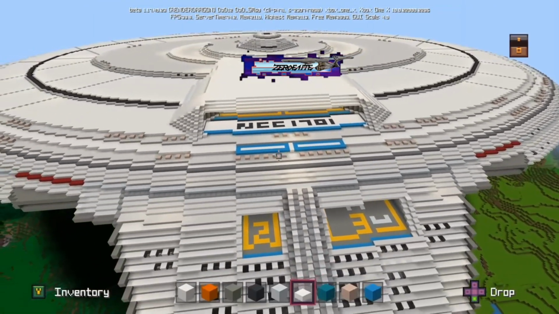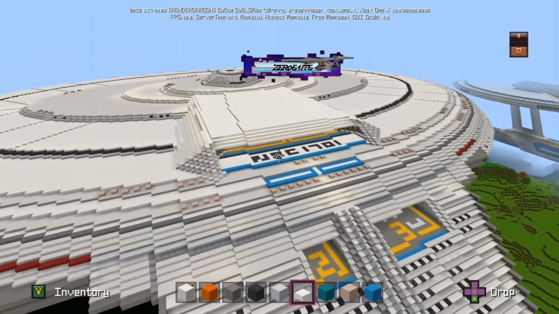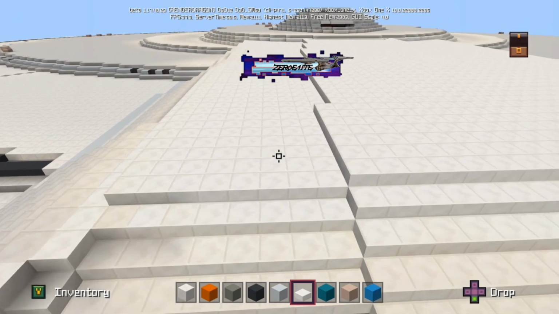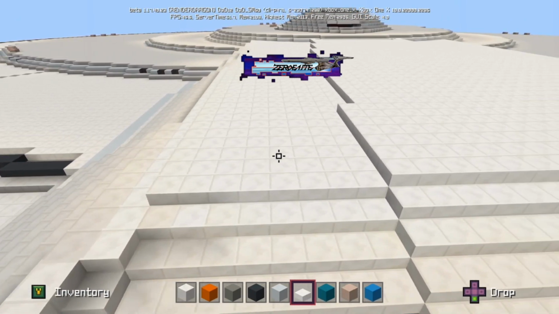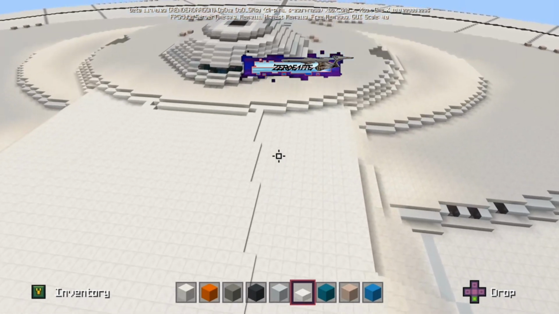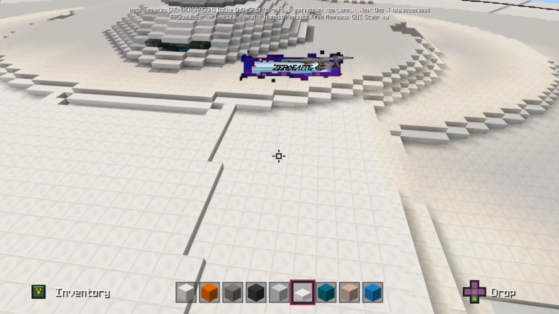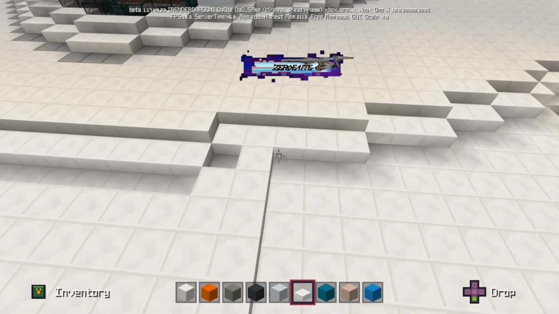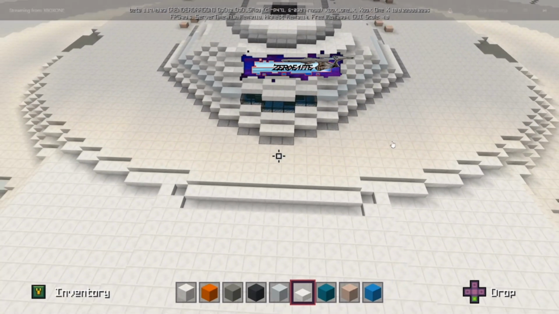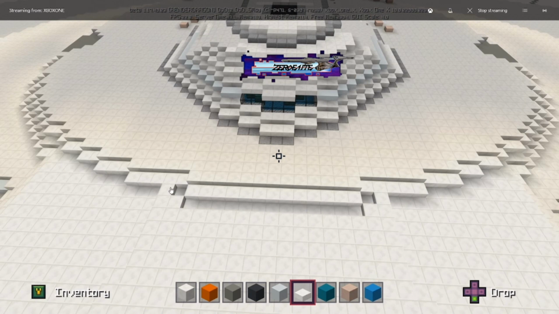Once you do that, you should only have a little bit of a gap here on the sides. And I wasn't going to do it, but I think I am, just so that nobody has any problems with their build. So off of this block here, if you go up off of this block and this block, we're going to do our two sides. We're going to go up one